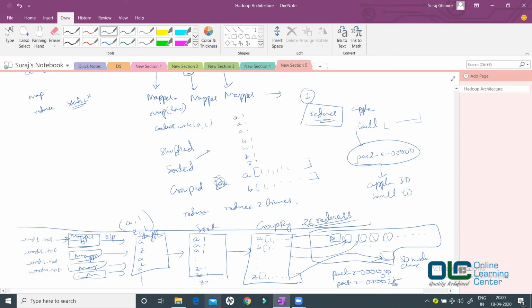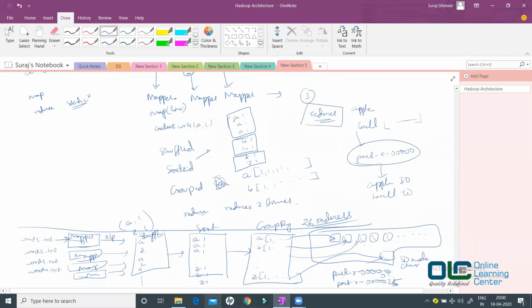Now they are already shuffled and sorted, and when you group them, it will always form a group. This is one group, this is another group, this is another group, right? Now there is no chance of processing duplicate data.